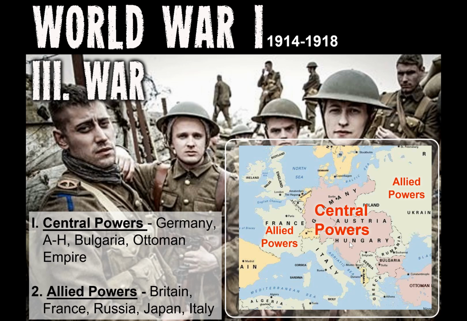On the other side, Great Britain, France, and Russia, together known as the Allied Powers. Also, in a lesser sense, Japan joins the Allies within weeks. Italy joins later. They had actually been members of the Triple Alliance, but the Italians joined the other side after accusing their former partners of unjustly starting the war.